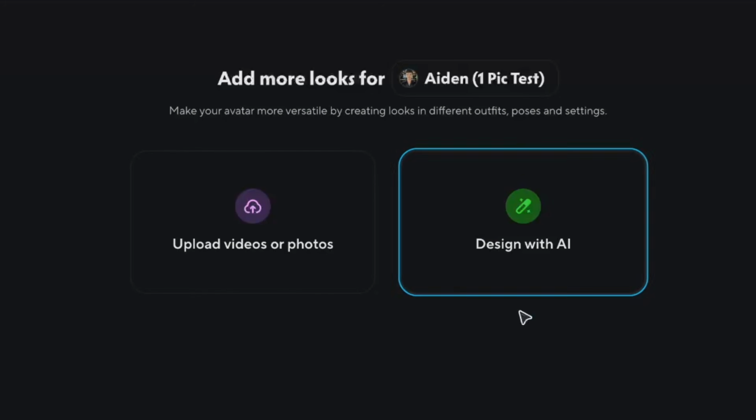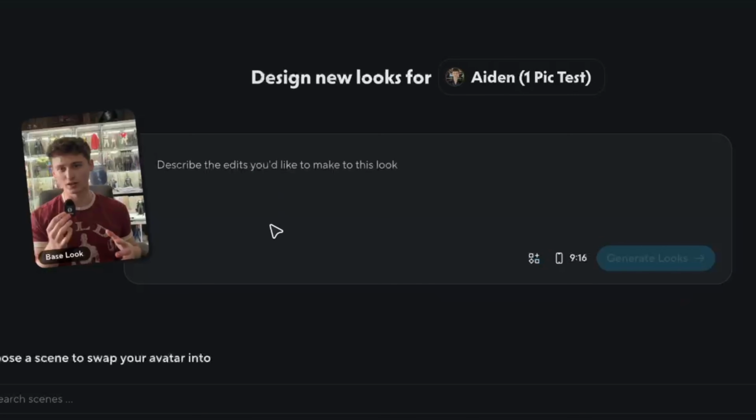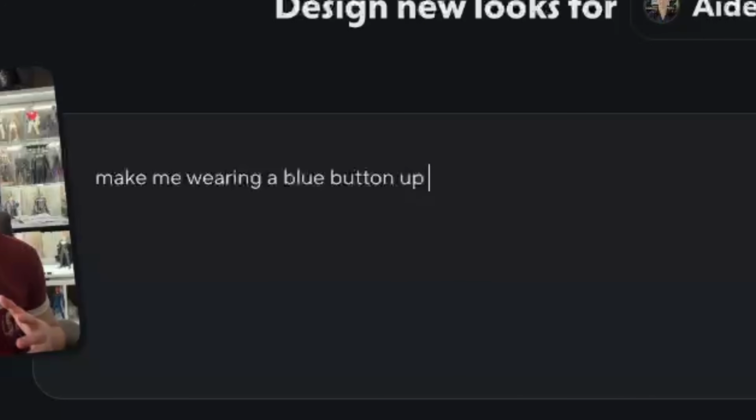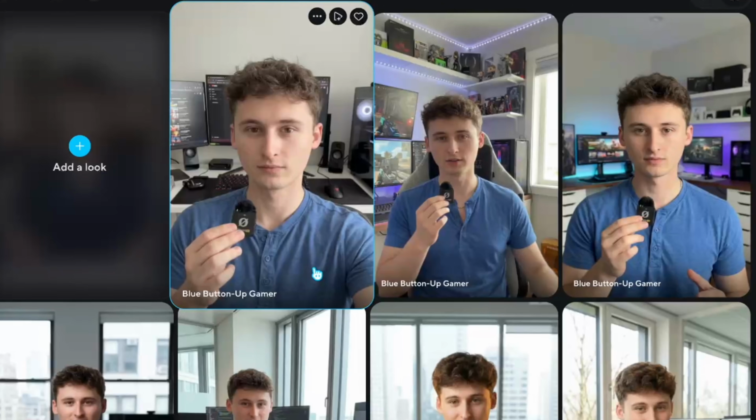And now there's also another option with the Designer with AI. Just click on it and you can see here, we can actually prompt it with our text. So I say something like, make me wearing a blue button-up t-shirt in a gaming office. And right here, just click generate. And this actually gave me three different options I can use depending on how I want my video to come